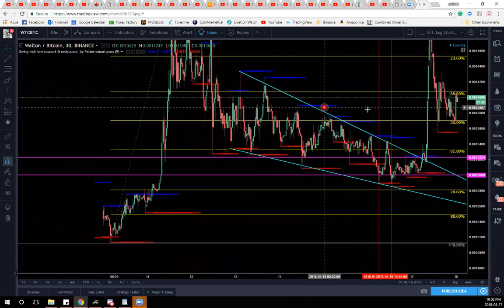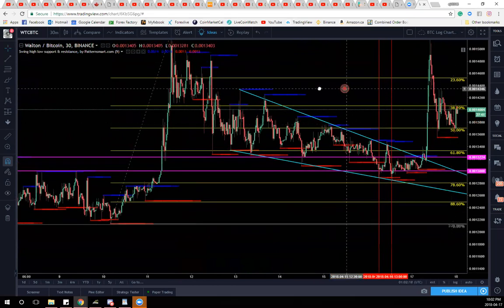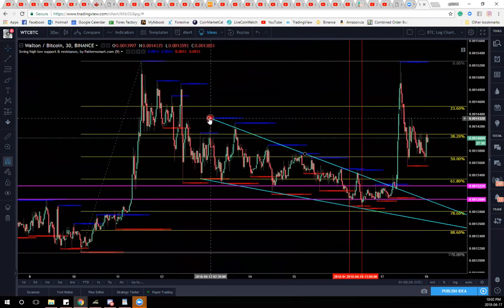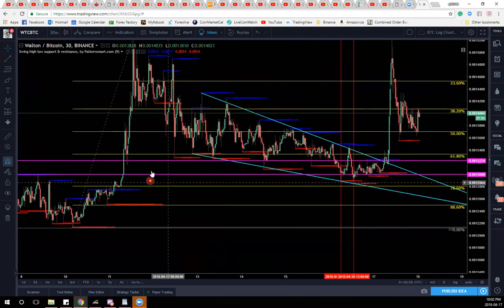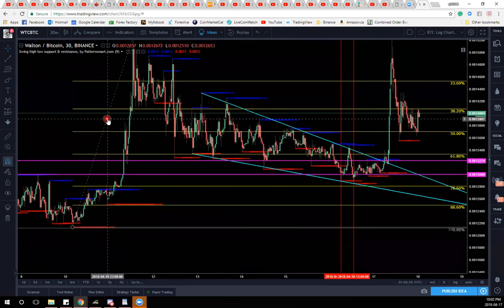So what I need to do, and people ask me that all the time, when should I add my fibs for when we break to the upside? Right? Okay. Well, once you know you've found support and that you're now looking for the breakout, or the breakout is happening, then take out your fibs here